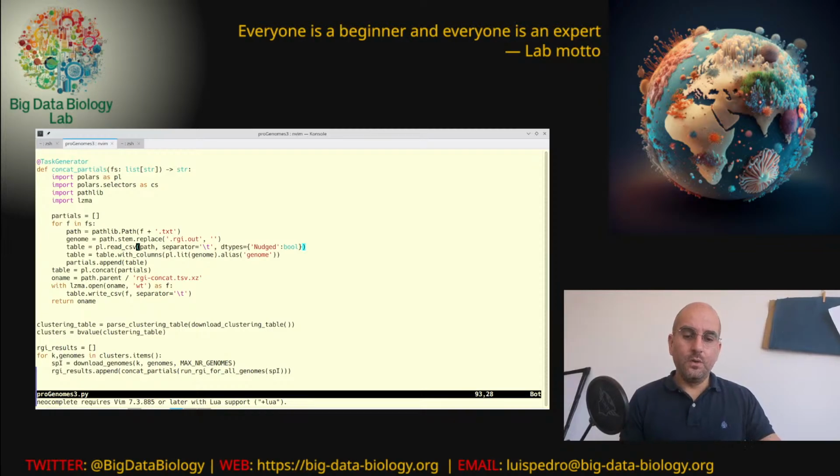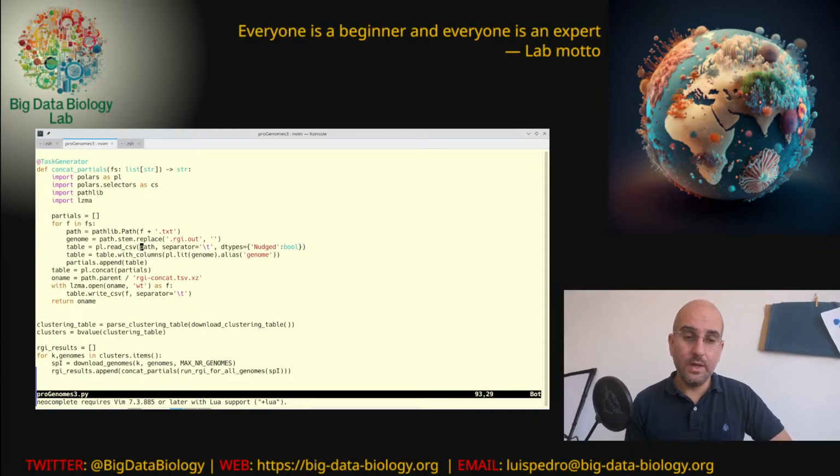So in some genomes all the outputs have an empty nudged column, and when Polars tries to read that, it cannot guess, because how could it frankly guess that nudged should be Boolean. In some cases it would load the table as Boolean correctly because there would be some true or false values in that column. In other cases it would just guess that it was a string column because that's the most general guess, and then later this led to issues when we tried to concatenate them.